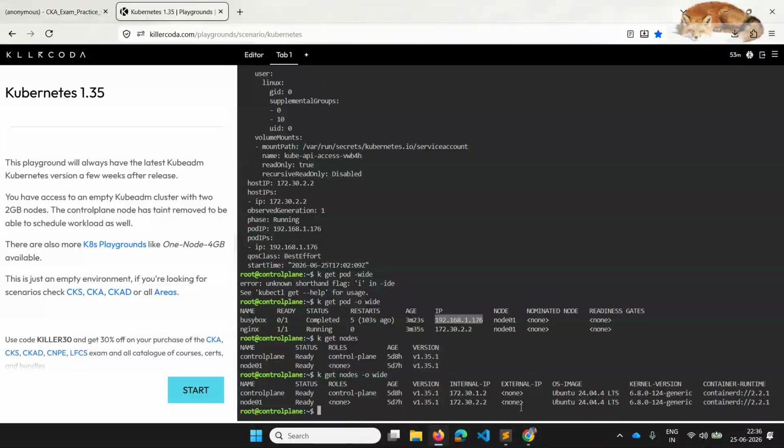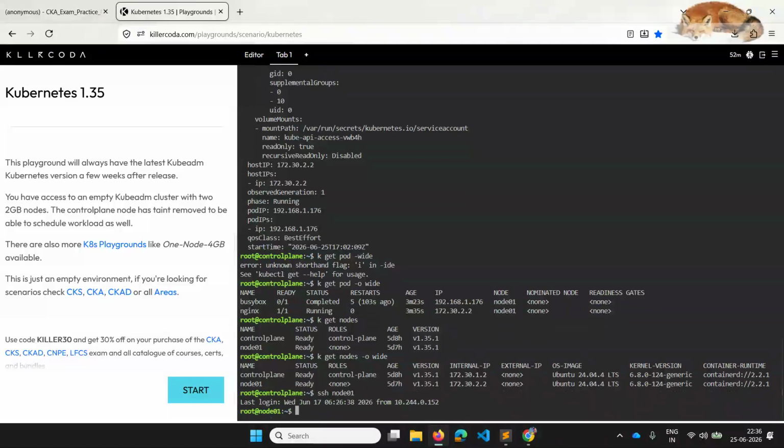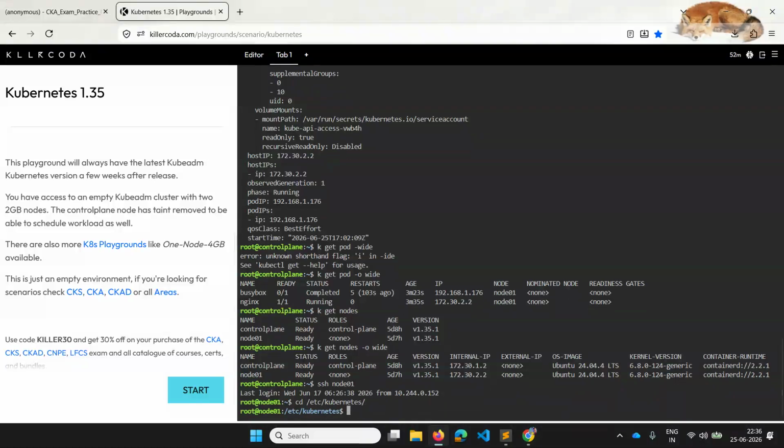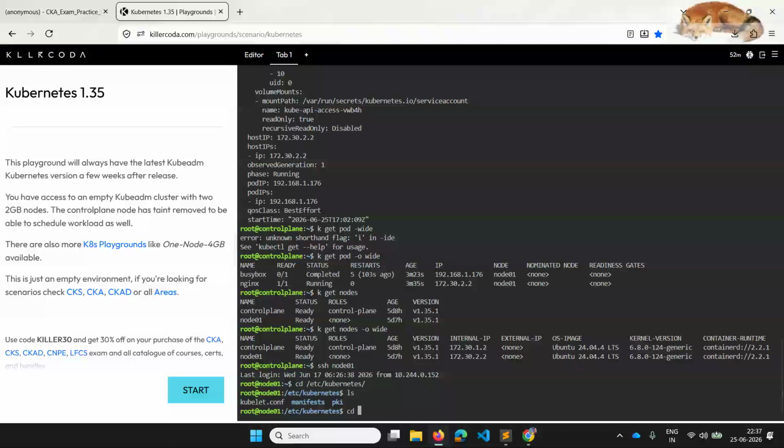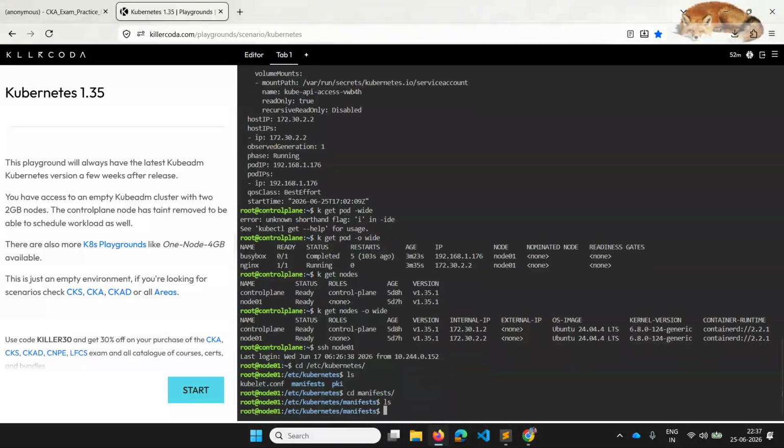If you want to verify the CIDR range of that particular node, you can SSH into node01. Okay, so SSH into node01, and I'm looking at /etc/kubernetes, and then the manifests.